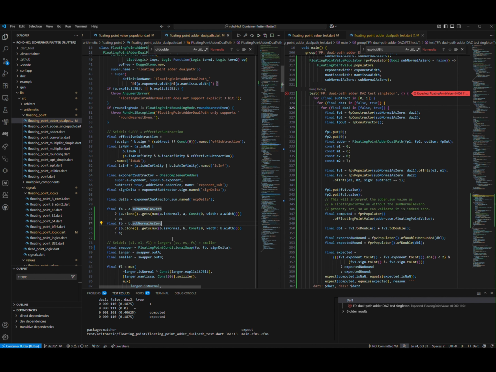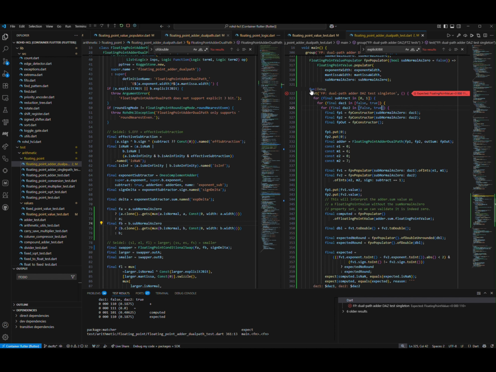Okay, so now we've done the front end, and if we walk through this, we're going to say if A subnormal as 0 is set, then we're going to check if it's normal. If it's normal, we're just going to use A. If it's not normal, we're going to use 0 for the A input, and same for the B. And so now let's see if our test runs. And our test passes. So now we've actually done a smoke test of the DAZ, the denormals-as-0 input step,